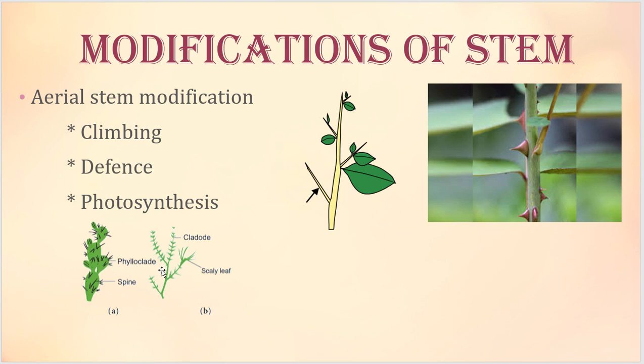Here the branches change completely into a flattened, green, leaf-like structure, and the leaves either wither off or produce spines, leafy spines. Leaves can be withered off, or sometimes they can change into a spine. Okay, the spines can be produced by the leaves. And what happens in cladode? Cladode is the stem. The entire stem is changed into a leaf-like structure. They will have 1 or 2 internodes. And they have just a limited growth, and the leaves are reduced to scales here.